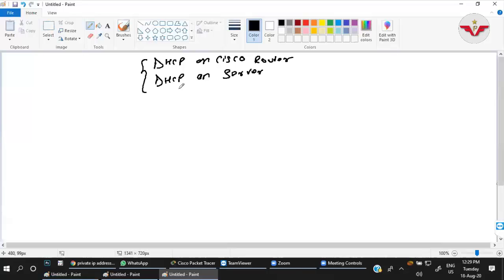And when we configure relay, we will also check whether we can do relay through the Cisco router and the server.